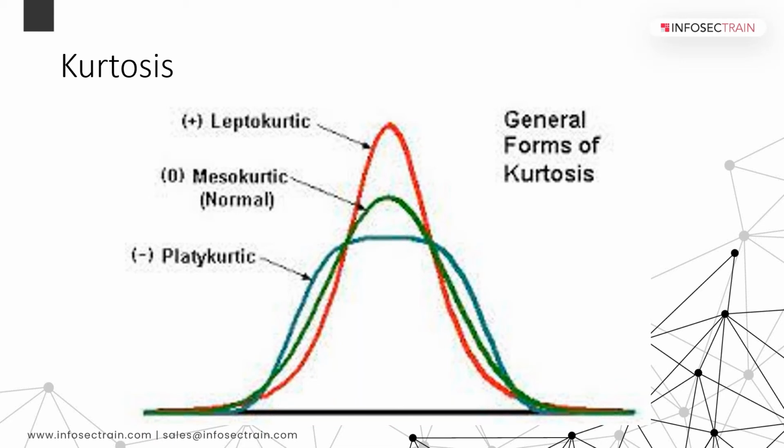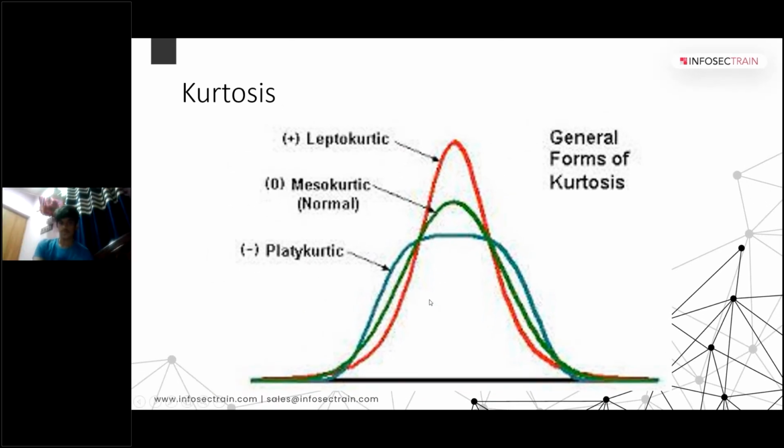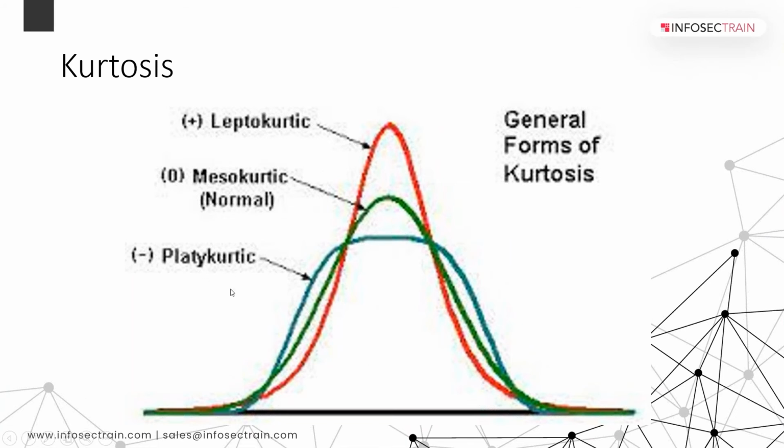So why find kurtosis? Because it will directly show you the variation of the data. If you have a platykurtic distribution and you compare it with a leptokurtic one, you can simply say that the variation of the platykurtic is more than the variation of the leptokurtic, like the range or spread, okay.